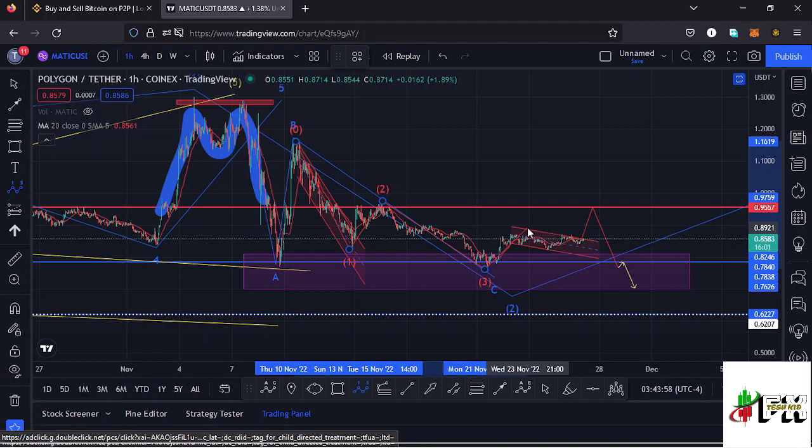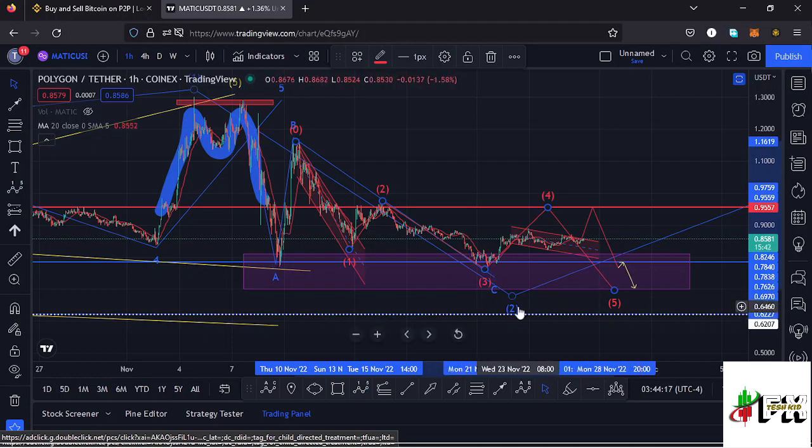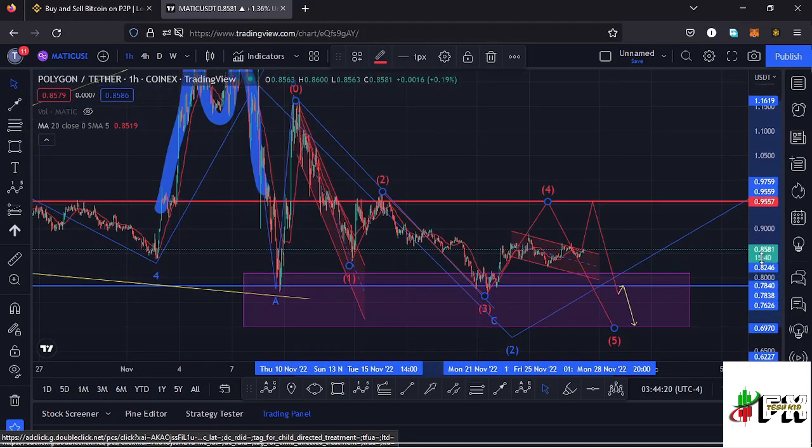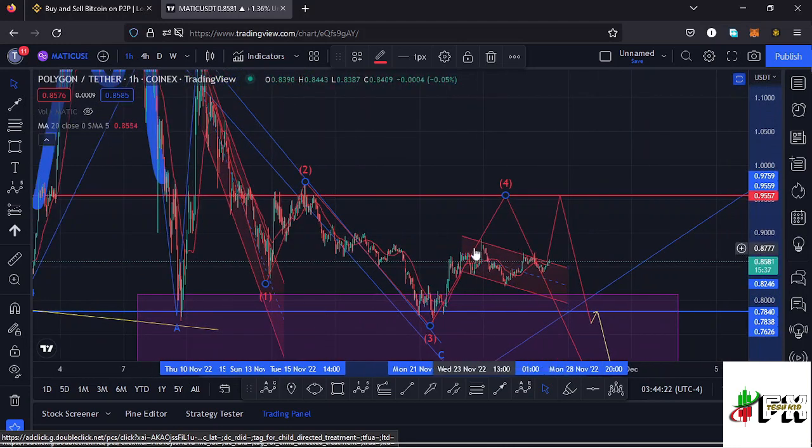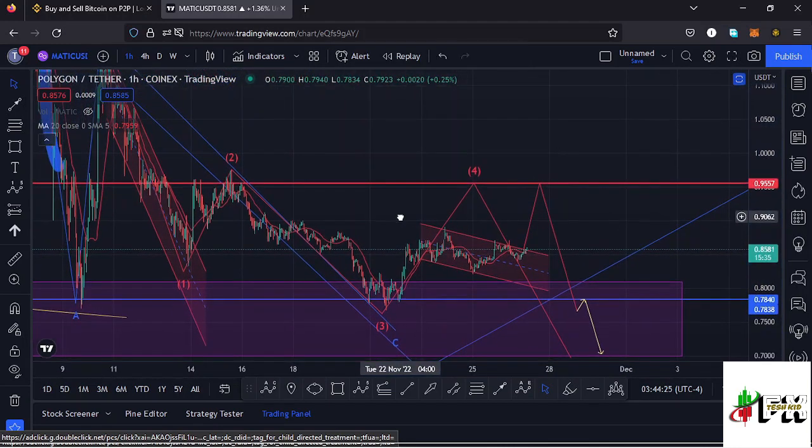but in case we see a breakout out of that chart pattern, that is that channel that I've shown you, and get back to around the $0.95 mark, there are chances that the area at around the $0.95 mark might be the high for this wave 4, then expect another retracement to the lower side in the formation of a wave 5 to fully maximize the formation of that higher Elliott wave count 2. And using the Fibonacci's to get to see whether this wave 4 over here has done the minimum that we expect a wave 4 to do,